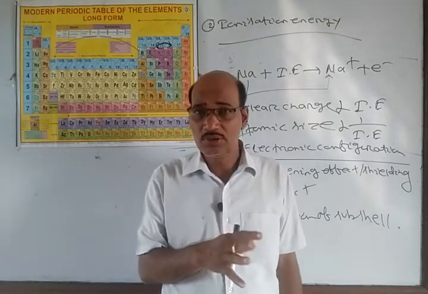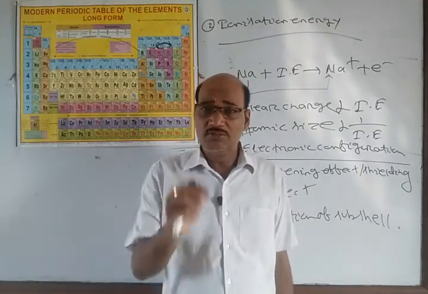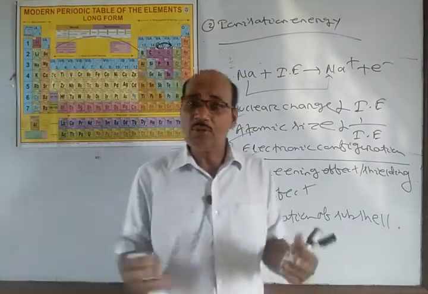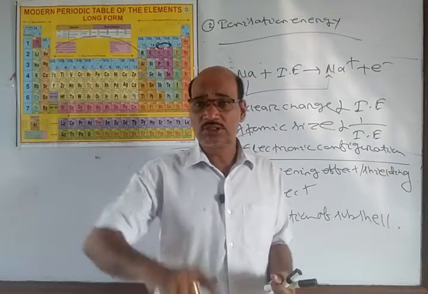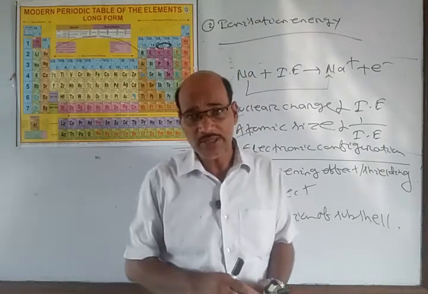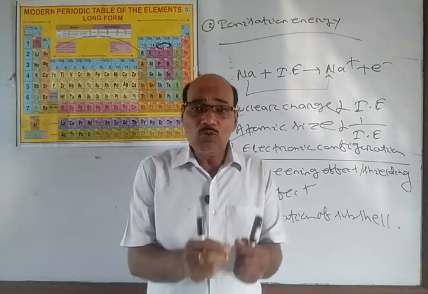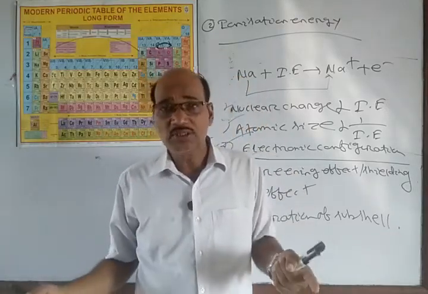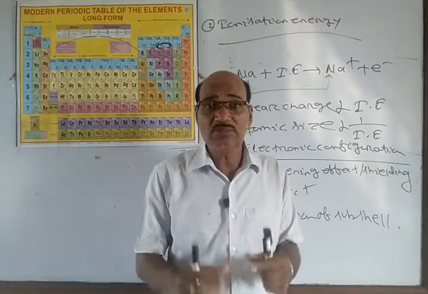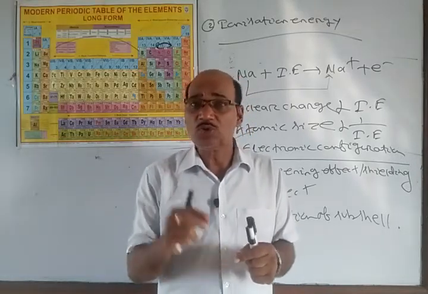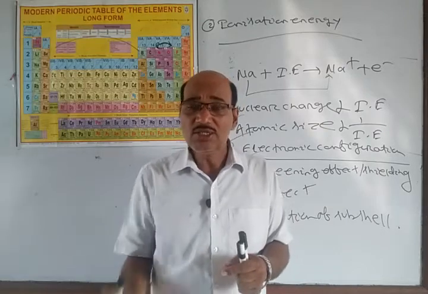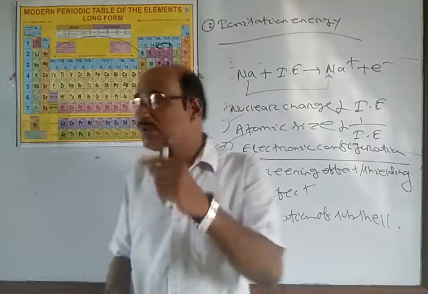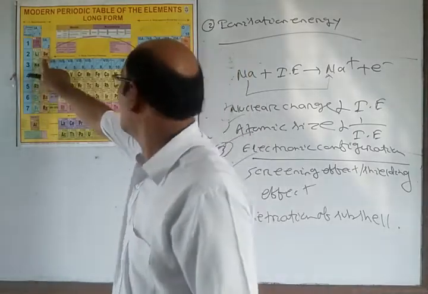For example, the s orbital is closer to the nucleus as compared to p, because we know p comes after s. We have 1s, then 2s, then 2p, right? So if we want to remove the electron from 2s and 2p, then obviously more energy will be required to remove the electron from 2s as compared to 2p, because 2s is closer to the nucleus as compared to 2p. So if I see beryllium and boron, see here